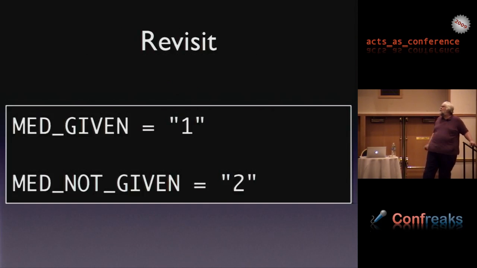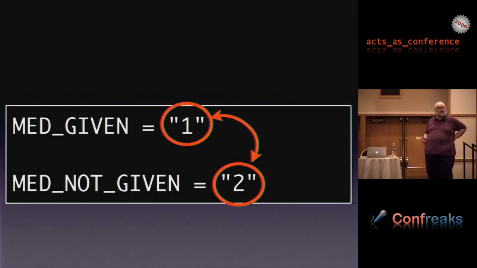Let's go back to this example. There's an interesting connascence between these two lines of code. Particularly the values I select. Most connascence is involved with making sure things are consistent. That if I change something over here, I have to change it likewise over here. In this case, it's that I have to choose different values for each of these things. I can't choose one for both of them. So once I choose one for med given, I cannot again choose one for med not given.